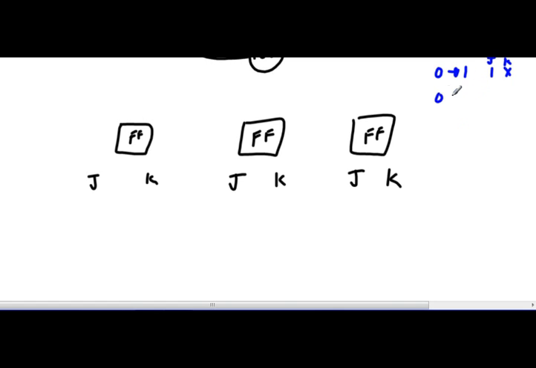If I'm at 0 and I want to go to 0, then that's going to be a 0 and a don't care. Because a 0 0 is a hold and a 0 1 is a reset. If I'm at 1 and I want to go to 0, then I'm going to need a don't care and a 1. 0 1 gets me a reset. 1 1 toggles to 0. If I'm at 1 and I want to go to 1,